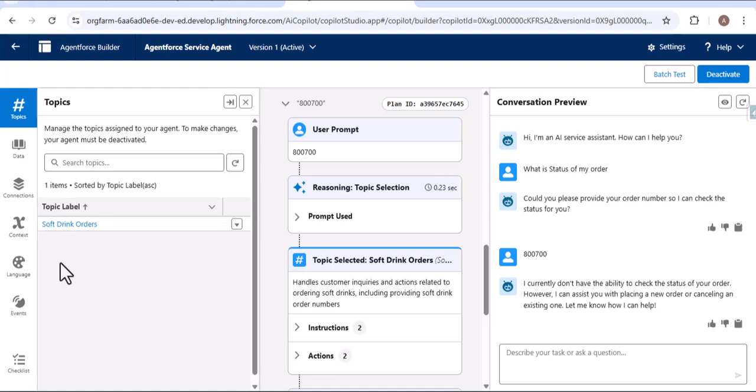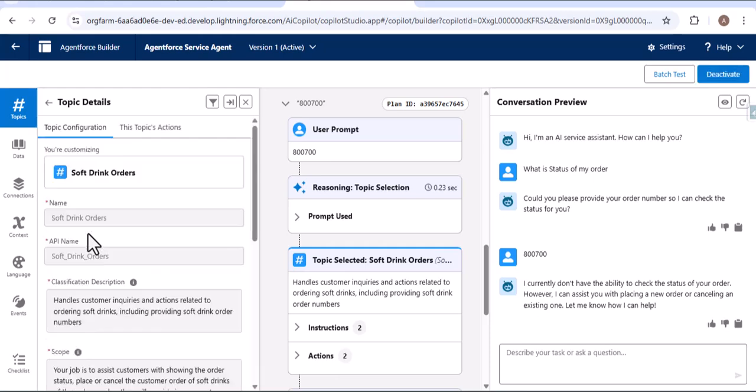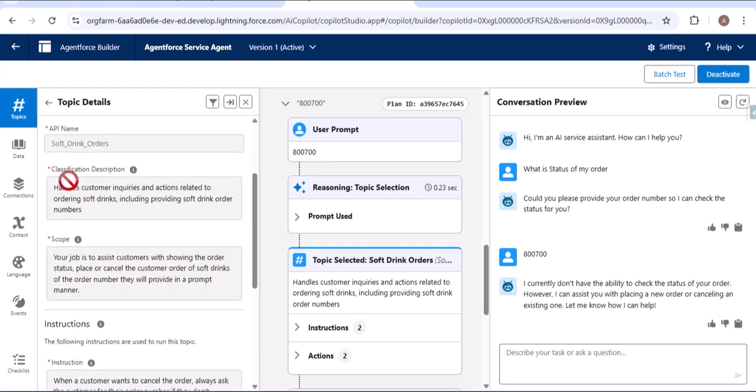So here you can see, here we have defined the topic. What is the topic name? Soft drinks order. Now here what we have defined, here we need to define the classification, description and then scope. So here I have defined, handles the customer inquiries and actions related to ordering soft drinks, including providing